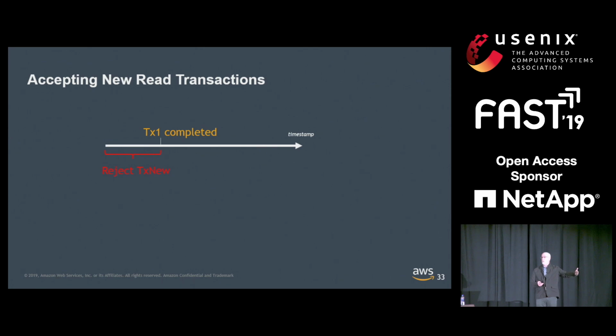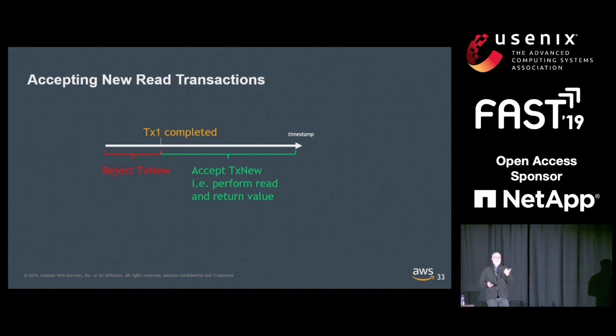This is where multi-version concurrency control would help us. We don't have multi-versions, so we have no option but to reject this transaction because that value is one that we no longer store in the database. The other option is we're trying to read a value in the future. That's OK. We'll go ahead, read the completed transaction, read its value, return it to the transaction coordinator and say, we're done. If all of the get operations in this read-only transaction fall into this second category, which hopefully they do,